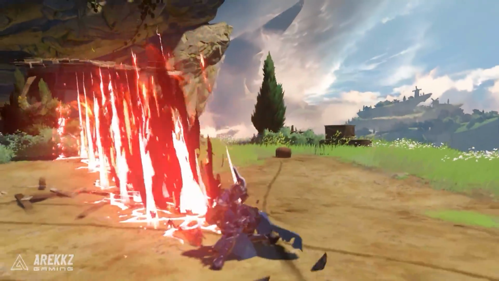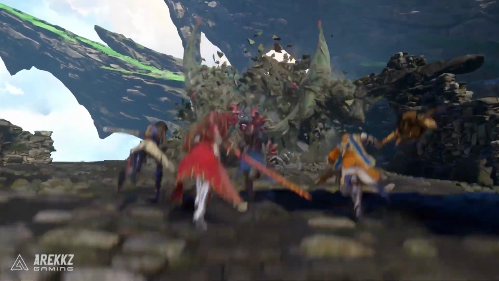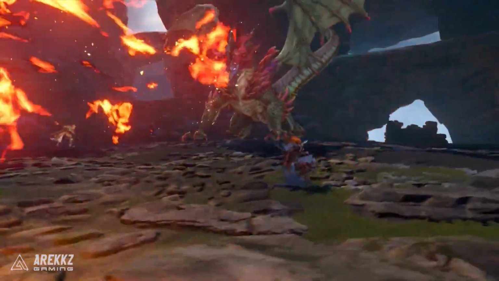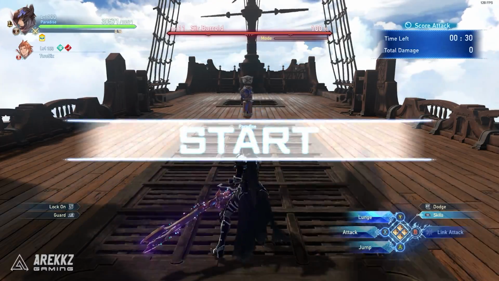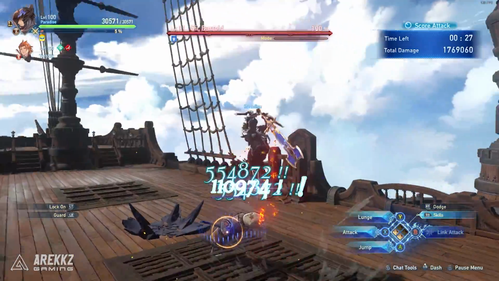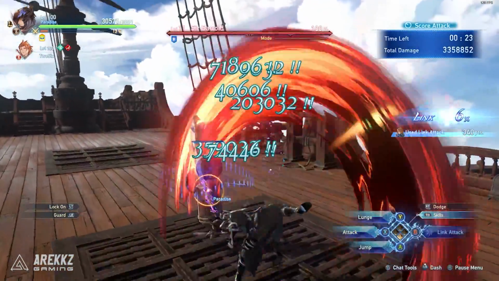He's also a great member to have on your team due to his ability to stick to enemies while comboing, as well as his range of buffs including party-wide defense, debuff immunity, and drain buffs. In the build section of this video, we'll show you both a story build and an endgame build that you want to aim for. With my current endgame build, I'm able to achieve 11 million in the 30-second score attack